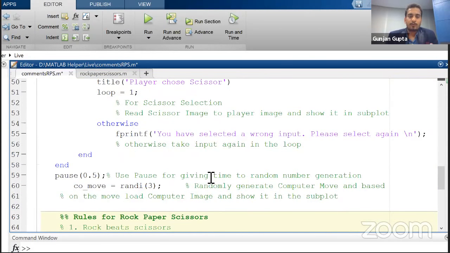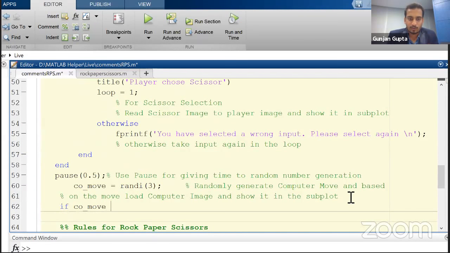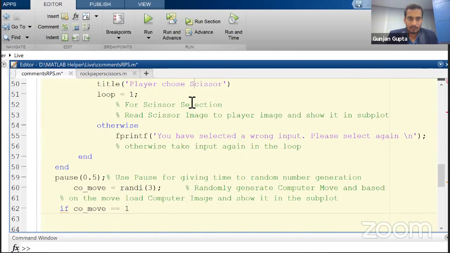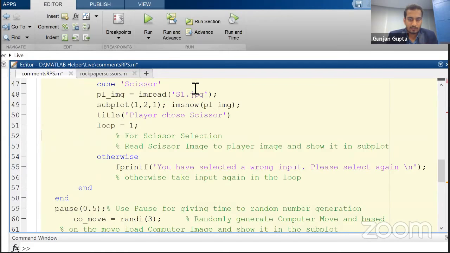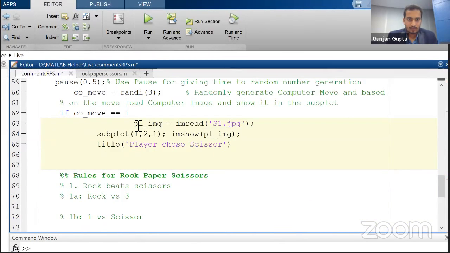Okay, now on the next move, in a similar fashion as a switch case, we need to load the images for the computer. So I'll be taking the direct option. If computer_move equals 1, then just like we have done over here, let me directly take the 3 values and change them. Computer_image is imread, so this is rock 2. Again, I have given the images in the same order, R2, P2, S2, and I'll be changing computer_image, and second for the subplot 2, and let me rename it to computer chose rock.